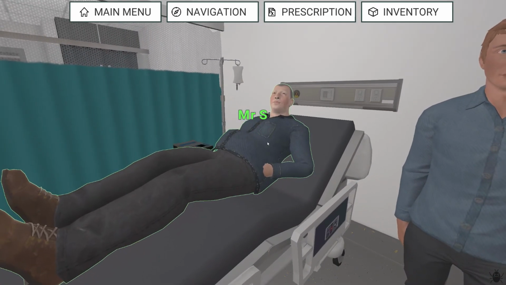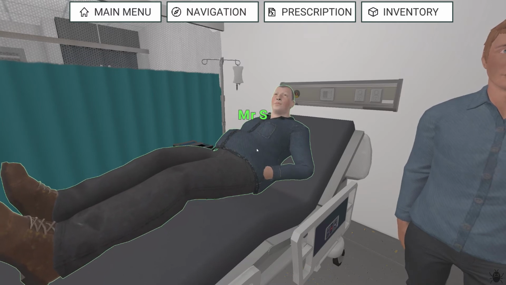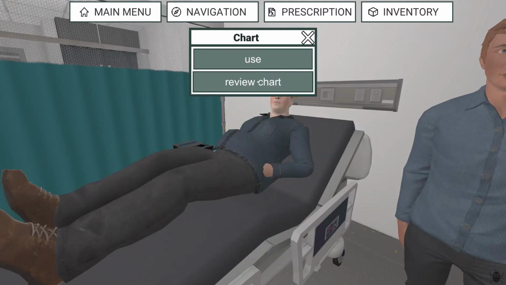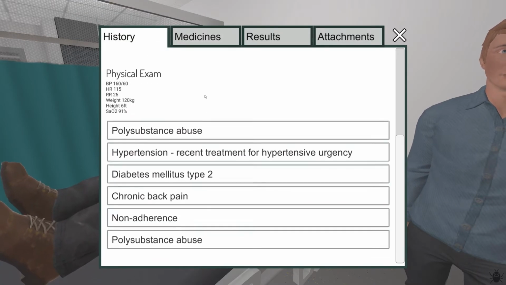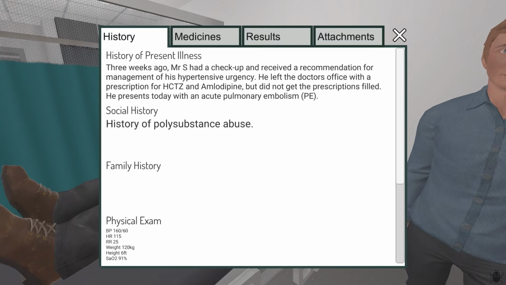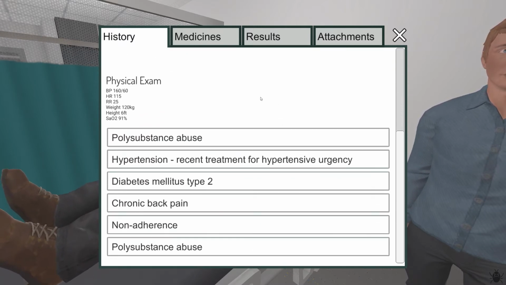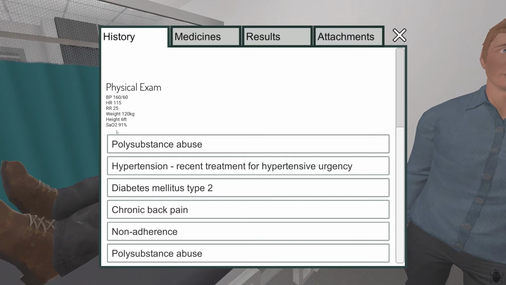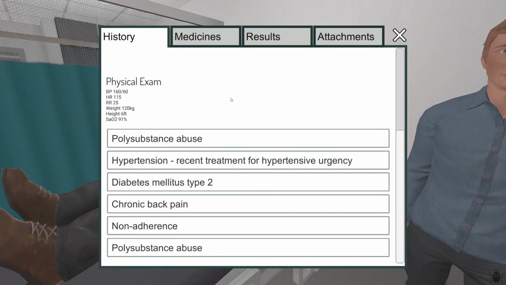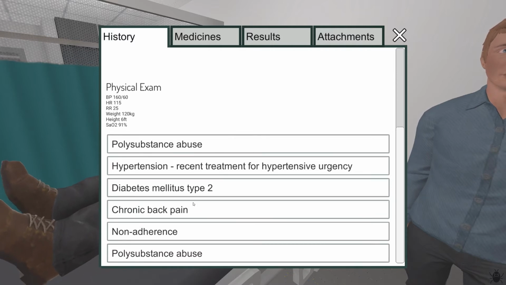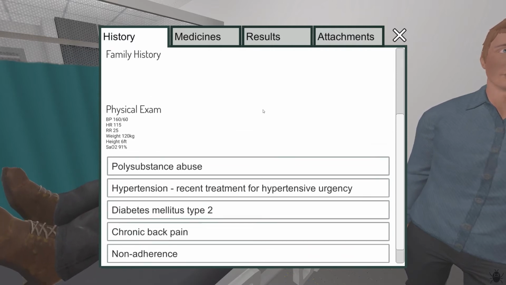So I'm going to pop back over here and have a quick conversation with the patient to get his medication history and get a better understanding of things. I can see from the chart that he had a checkup and had hypertensive urgency, but didn't get his prescriptions filled. Now he's got acute pulmonary embolism. We can see his height, weight, his oxygen's a bit low,